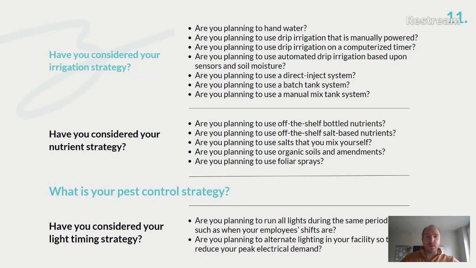In states like California and other places that are really stretched on power infrastructure, this is how most of those utilities will bill. And if you're trying to keep your operational costs low, I highly recommend staggering your lights so that maybe half your lights are on between 7 a.m. and 7 p.m. The other half are on from 7 p.m. to 7 a.m. That's a calculation that you'll have to do for your facility and for your area, because it will really help you on electricity costs.